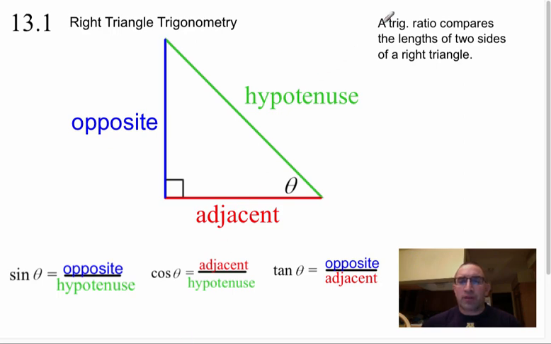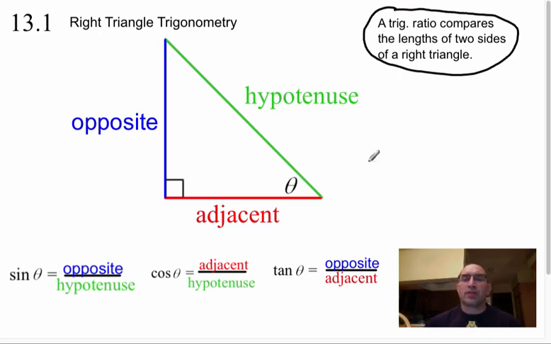A trig ratio is a ratio that compares the lengths of two sides of a right triangle. And depending on which two sides you have, that will determine which trig or trigonometric function you can use in